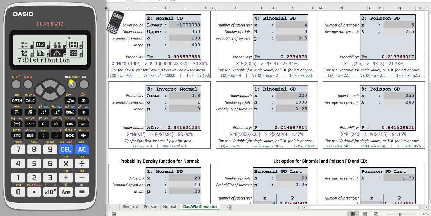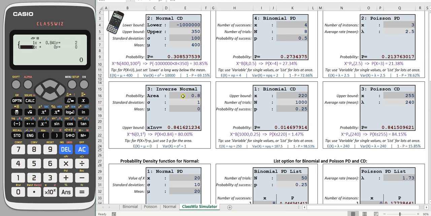And at this point, you could then go back to the menu setup. You could choose option A, which is this button here, and then solve your simultaneous equations in here. Two unknowns. You've got to be careful to recognize that x and y are in reality mu and sigma. But if you've got the mean, then we press equals, and we have 0.841 standard deviations above the mean. If we're told that that's equal to 2 meters, we can put a 2 in there. And then for the other one we had, I think we said that